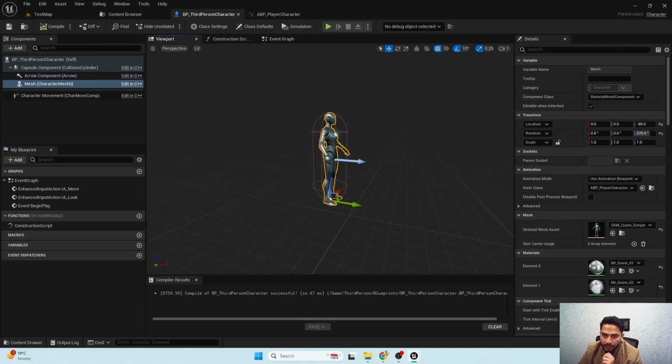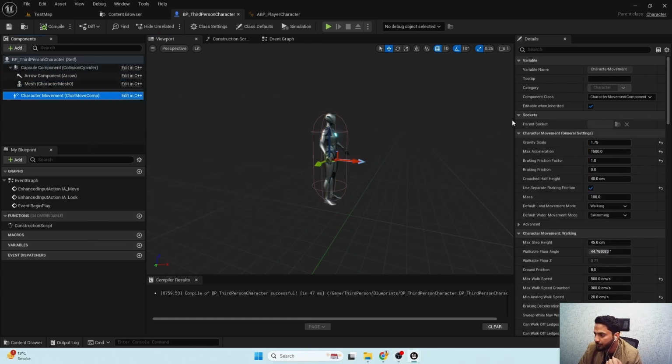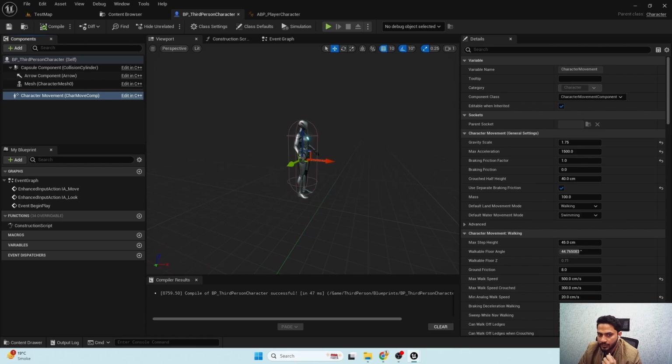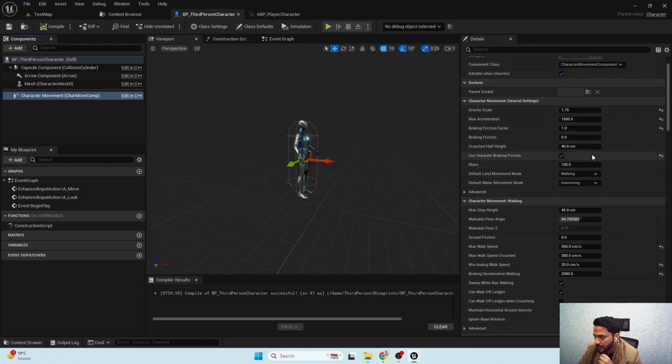So we need to change some settings to our character movement component. So I'm gonna select the character movement component. So the first thing is we need to set the acceleration to 1000 and we'll set the braking friction vector to 0.5 and